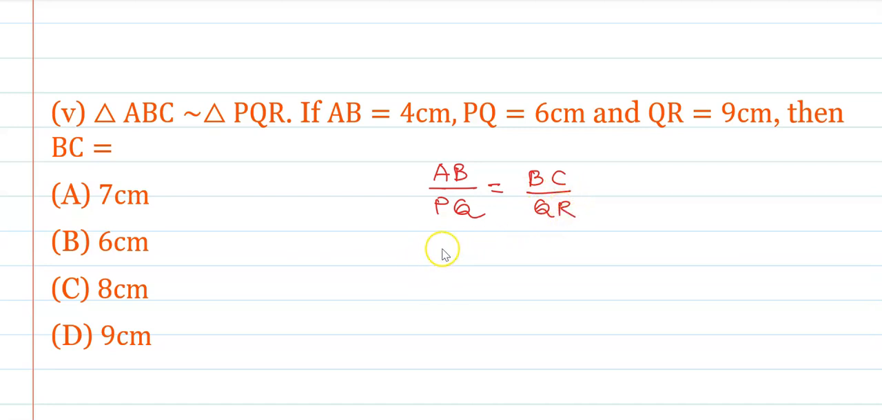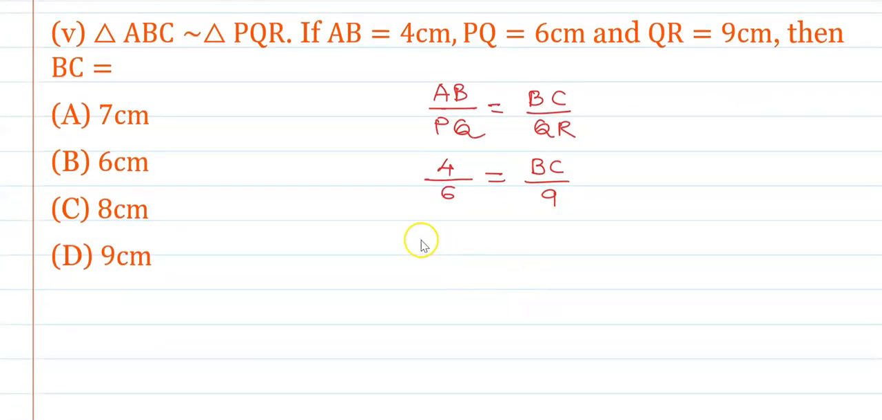Okay. AB is given as 4 upon PQ that is a 6. BC we want to find out. Keep it as it is. And what about the QR? QR is 9. Therefore, to find out the value of BC,